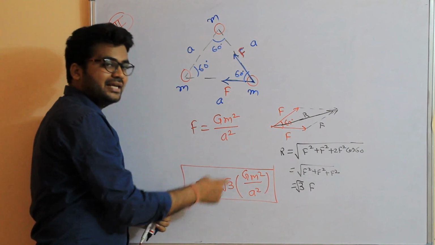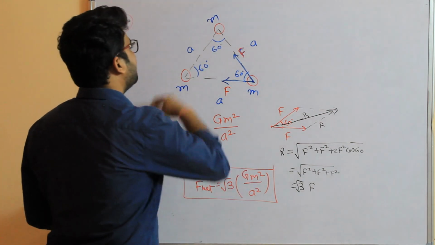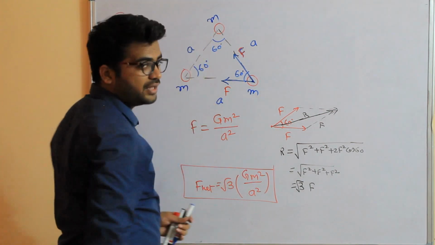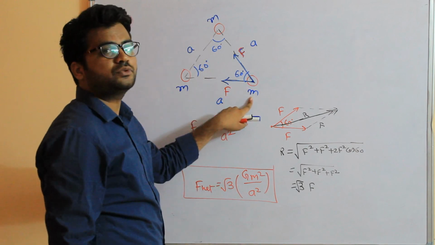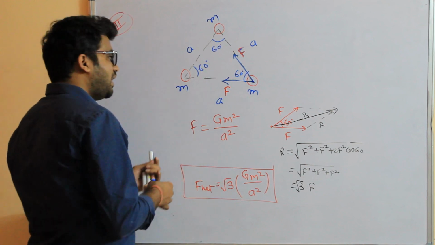2 root 3 GM square by A square. Likewise, they increase this mass and ask the net force on small m. You can do that problem also. If they asked,